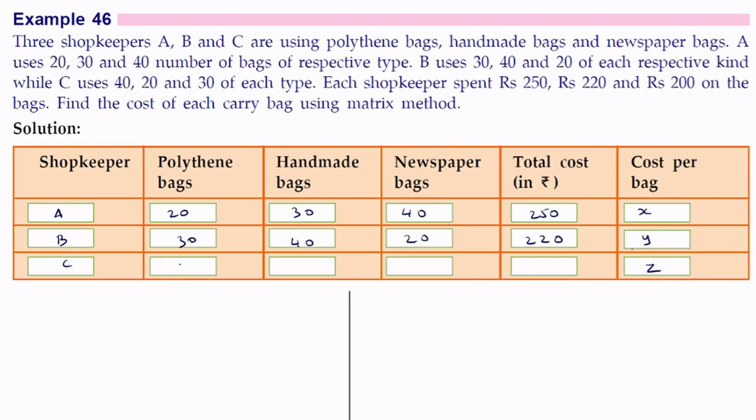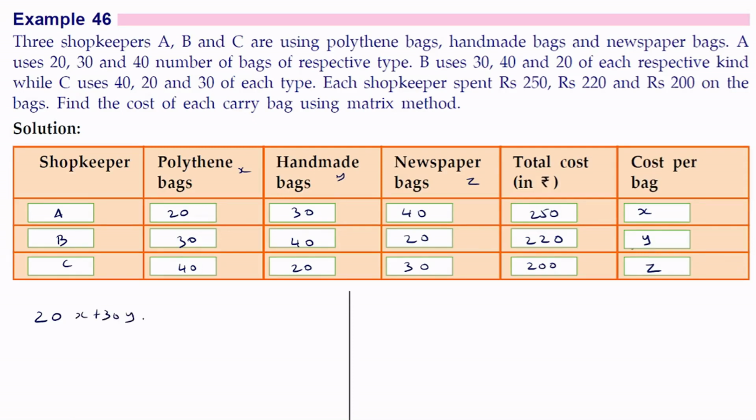C uses 40, 20, 30 and the amount spent is 200. So let us take the cost of one polythene bag as X, one handmade bag as Y and one newspaper bag as Z. So we can write this in the form of three equations given by